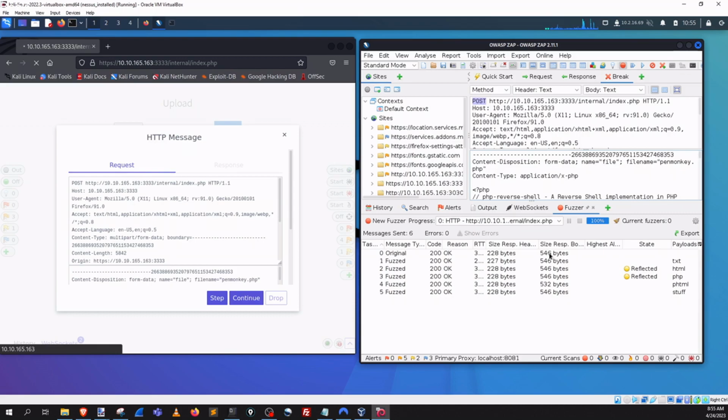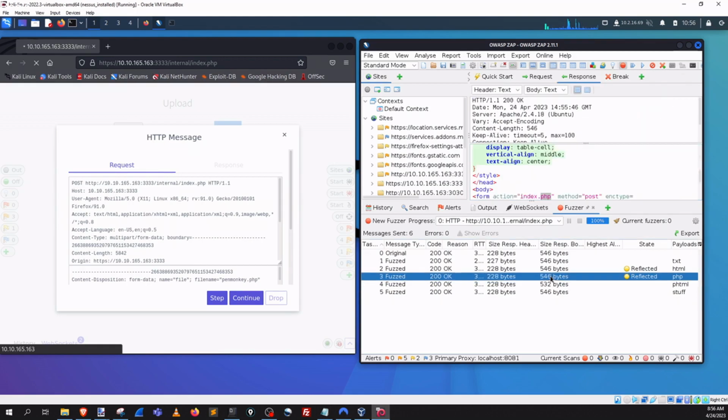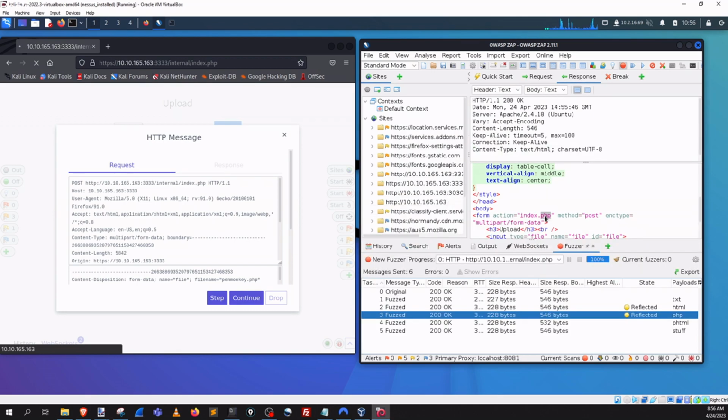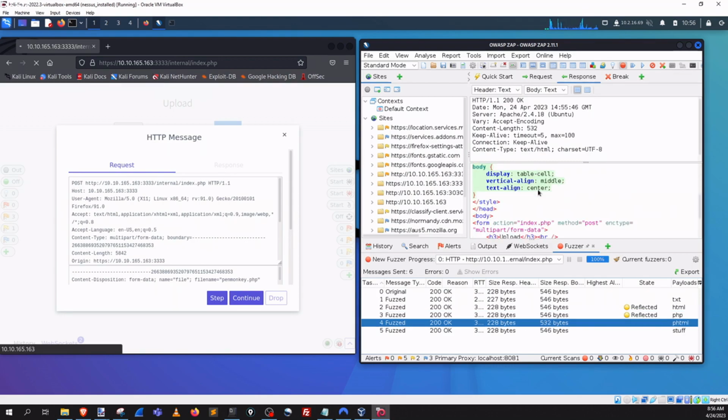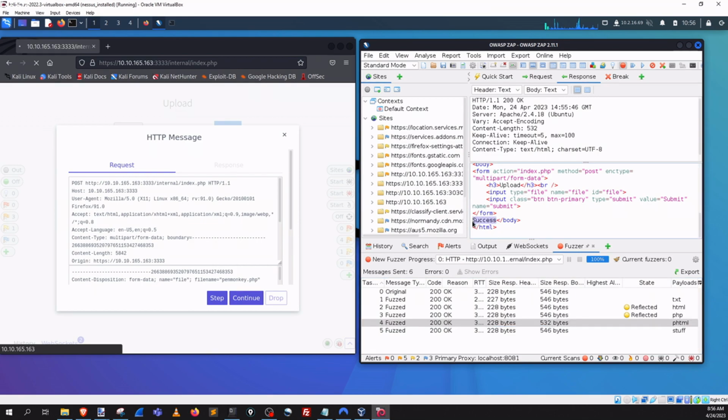We got 546 bytes from the response body, 546, 546, 546, 532, 546. So we can tell right away that something is different about this. Let's go to this request here, and take a look at the HTML. We can see this extension not allowed, and we come down here to the one that was smaller. We can see that success. So we know right away that this payload of PHTML is the accepted file extension that we can be sent